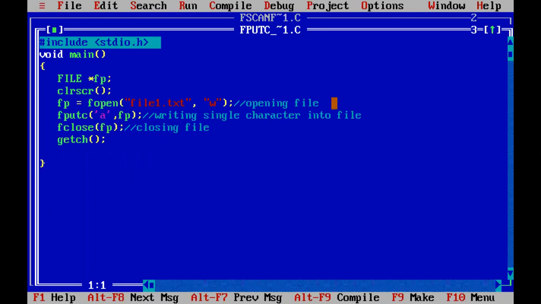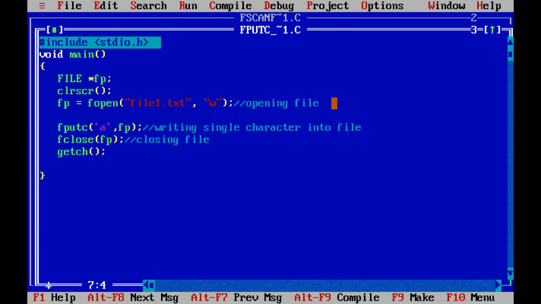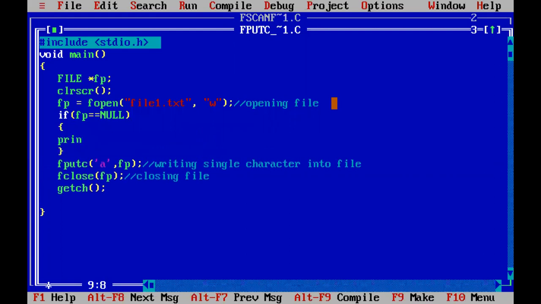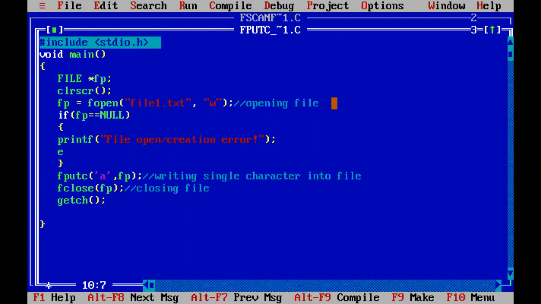You can write here if fp is equal to null, a printf statement, file open or creation error, and we can exit if a file error is there.